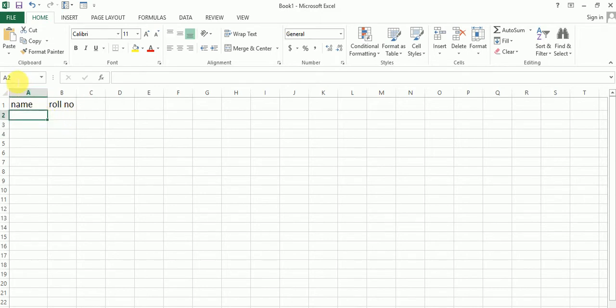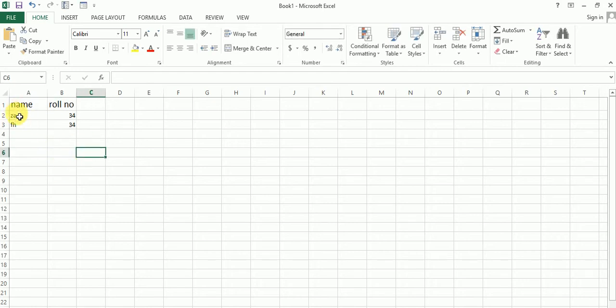Suppose this cell is A2, the name is AZ, and the roll number is 34. You can see you directly insert a value in your cell. And in the third cell, you enter a value, suppose the name is FH and the roll number is 34.